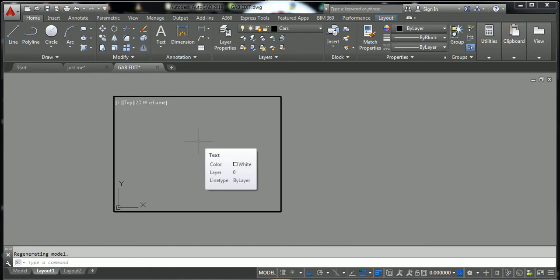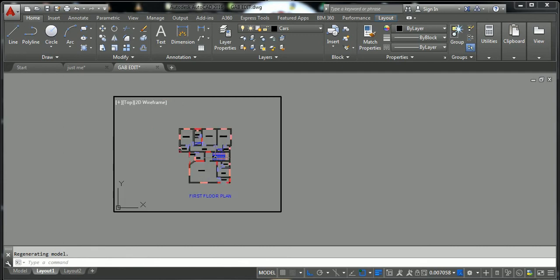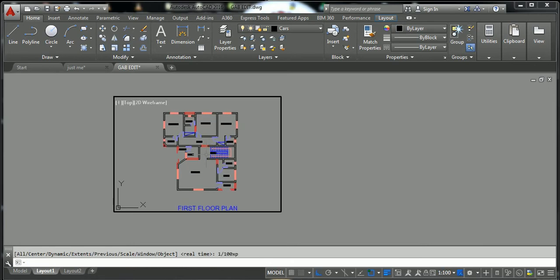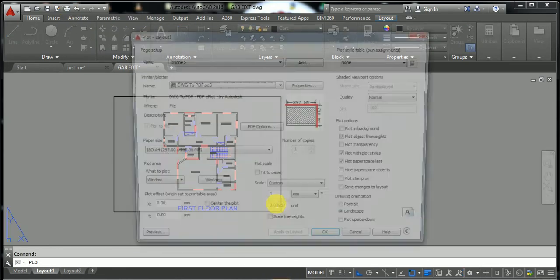What you do next is you click Z, enter, E, enter. Okay, look at your work now as usual. Then the next step to plot it is you click on Z, enter. Then you write the scale. Scale 1 is to 100, for instance. Then you now write XP. Now look at the scale, the way it is actually. Then the next step is you go to your plots step, click on your plots, then continue.